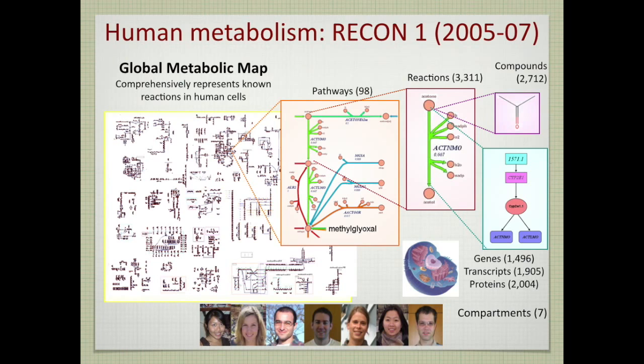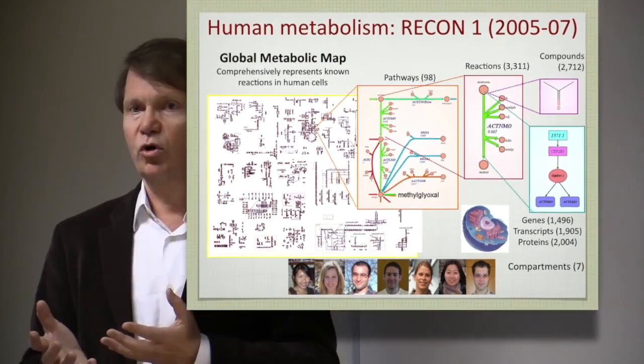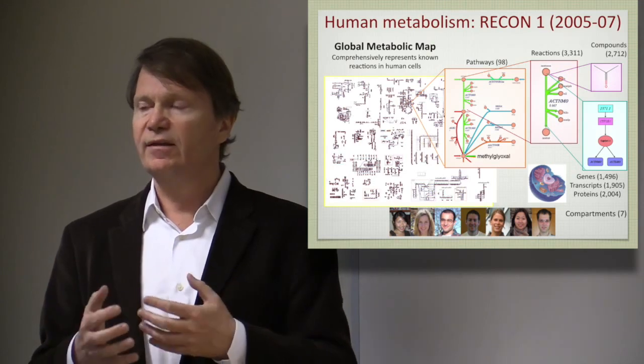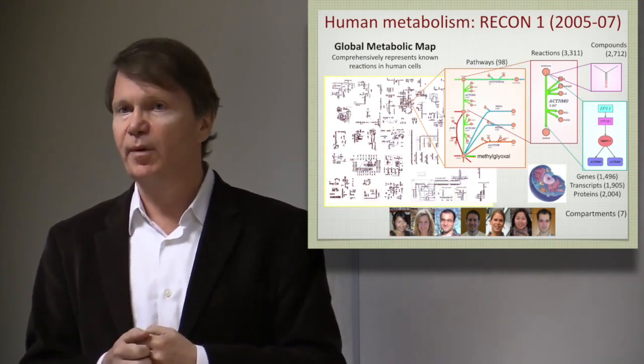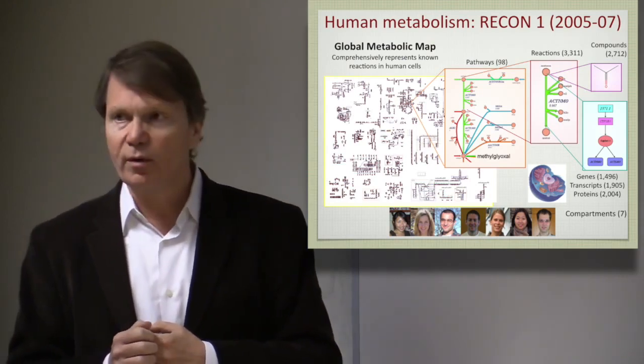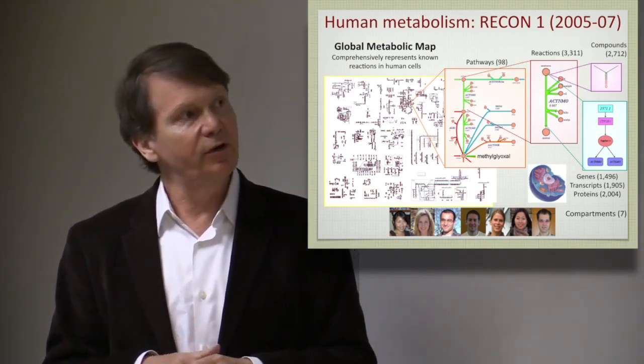So this reconstruction here of human metabolism, called RECON-1, was put together by 7 people that are shown in this slide. Students in bioinformatics, students in bioengineering, students in the medical school. And this is important to emphasize because a reconstruction is a lot of work. And in the end, it's fundamental. Everybody wants it. Everybody wants to have it as accurate as possible. Everybody wants to use it. So there has to be buy-in from the community that the reconstruction is as accurate as we possibly can make it. So we'll talk a little bit more about that later, the actual workflows that underlie a reconstruction like this.